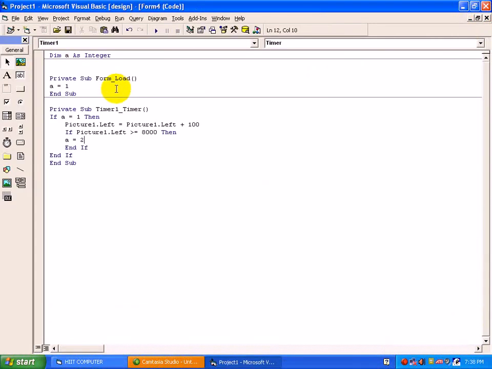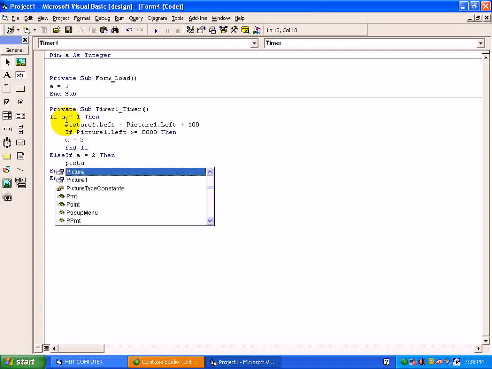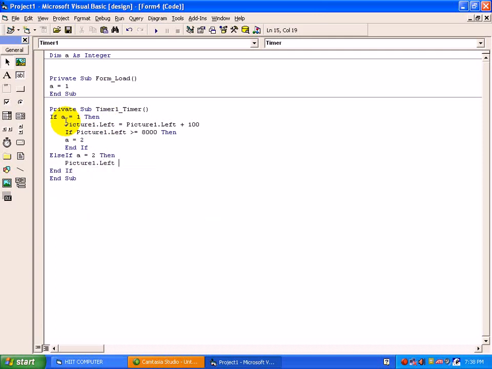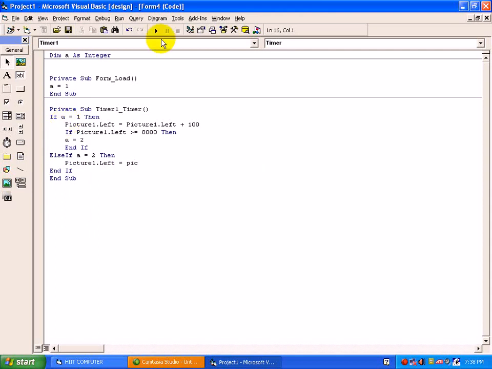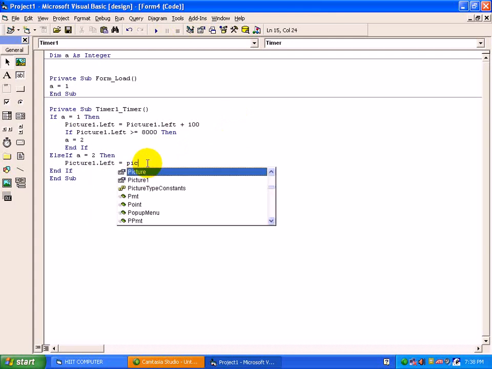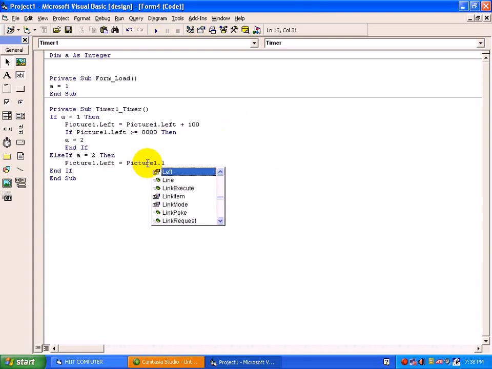So here we have seen how to declare a variable, how to initialize a value and check that value with a control statement. Suppose you want to move a picture in the reverse direction, then we will continue this code. Else if a equals 2, then picture1.left equals picture1.left minus 100.